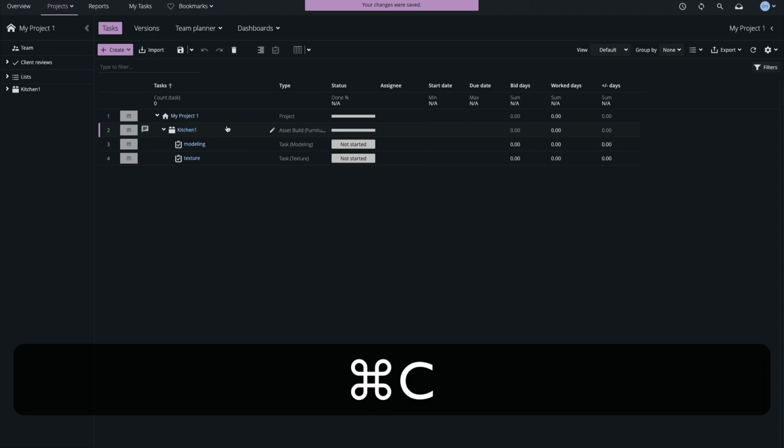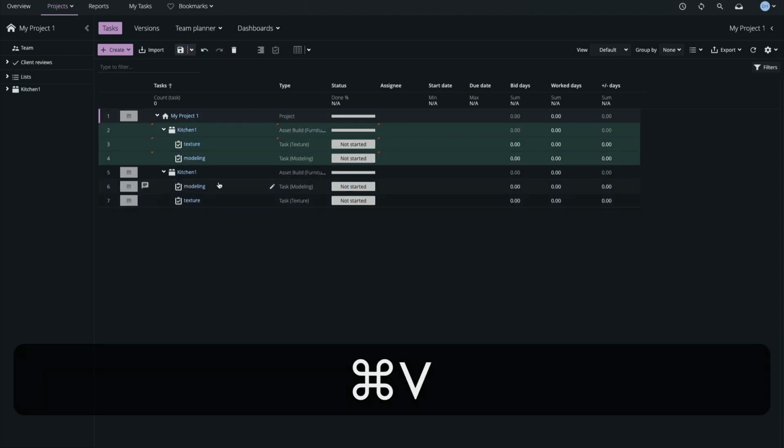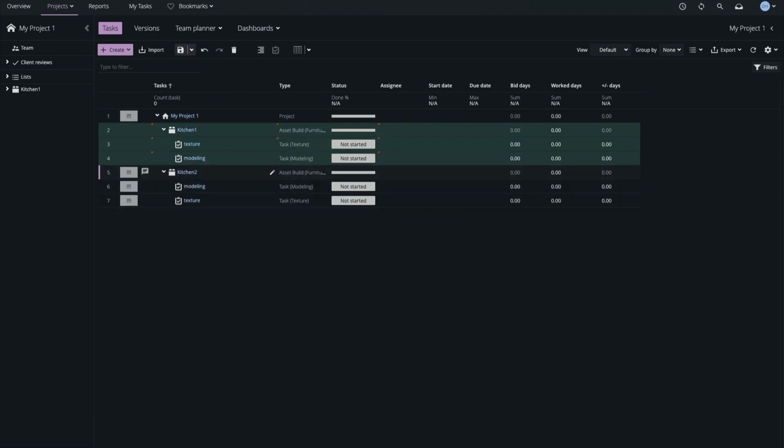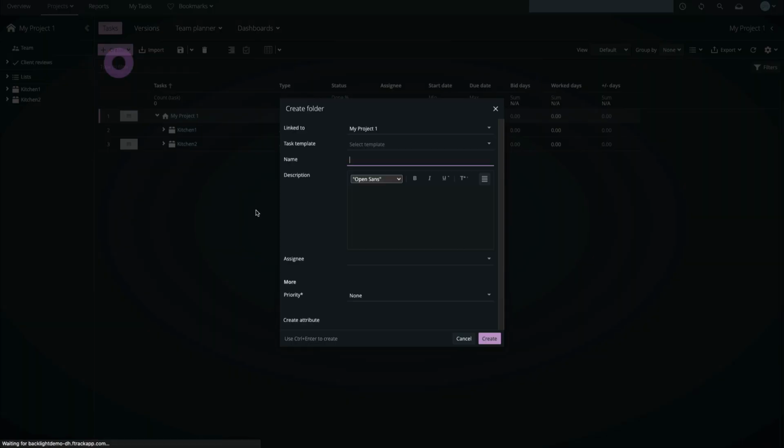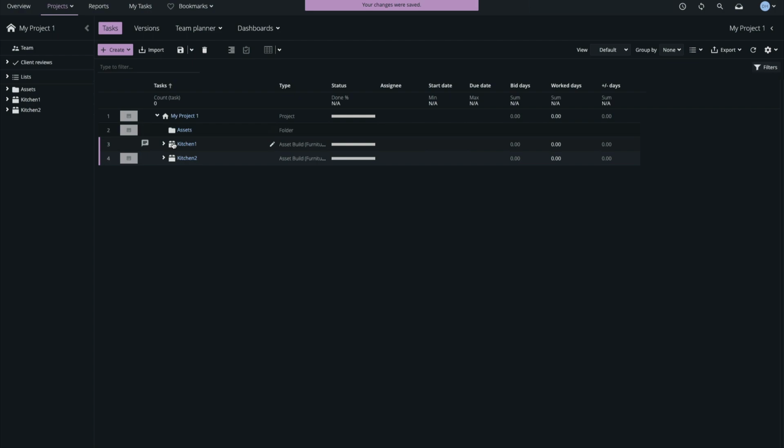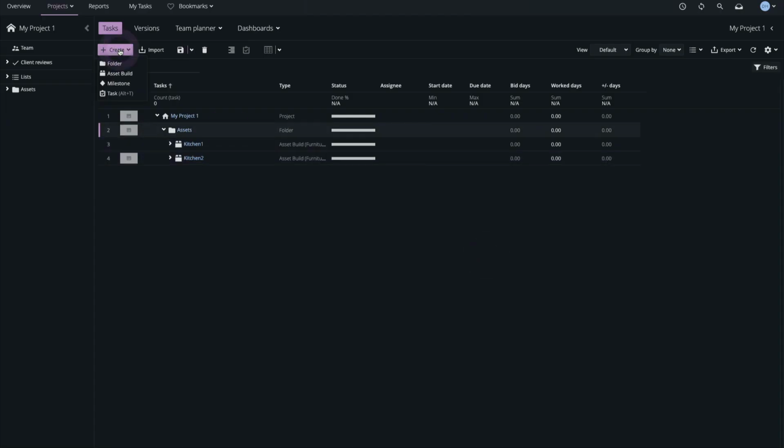To duplicate any object and its child task, we can copy and paste with standard keyboard shortcuts. All objects must have unique names, so I'll rename my copy. Now I'll add a folder object to act as a container. Select my asset builds and drag them into it. I'll add a milestone to represent the delivery date for the asset builds in the folder, and I'm ready to